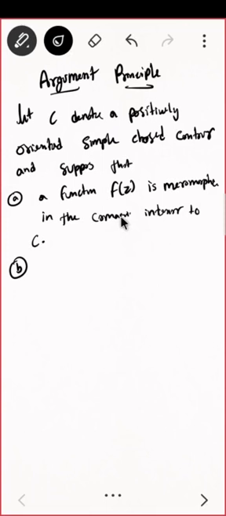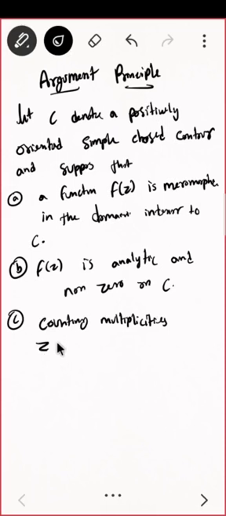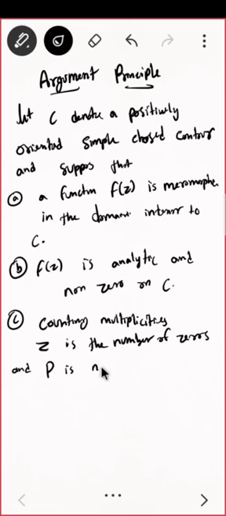and the next is, in the domain, f of z is analytic and non-zero on C, and third is, counting multiplicities, Z is the number of zeros and P is the number of poles of f of z inside C. Then